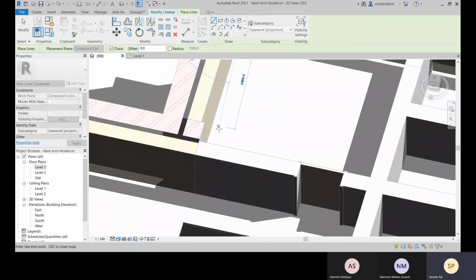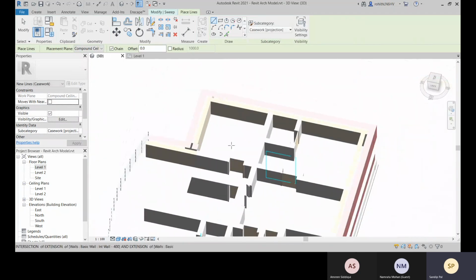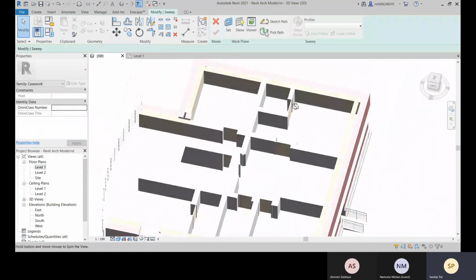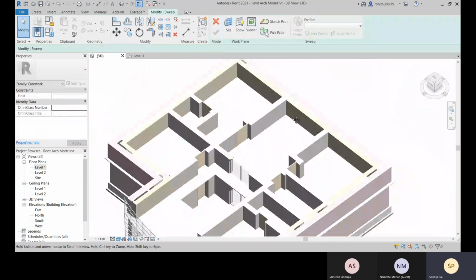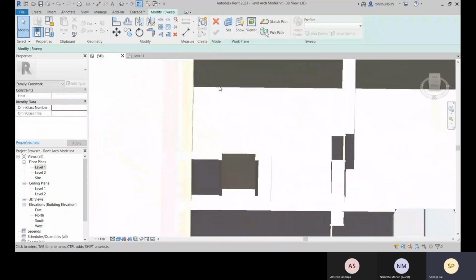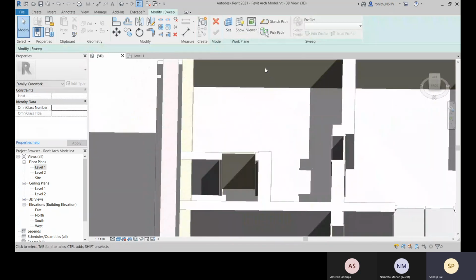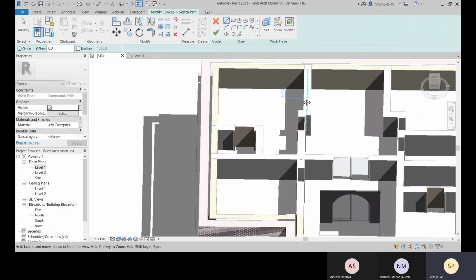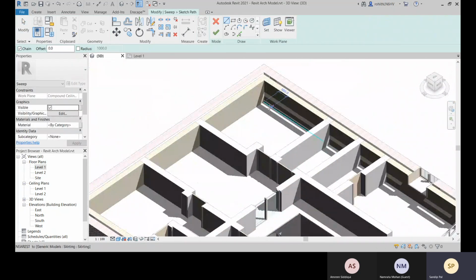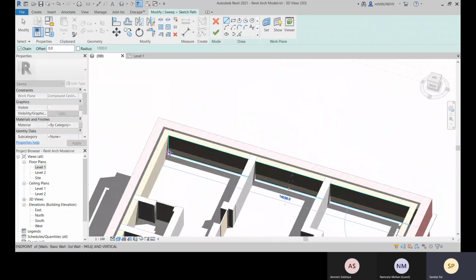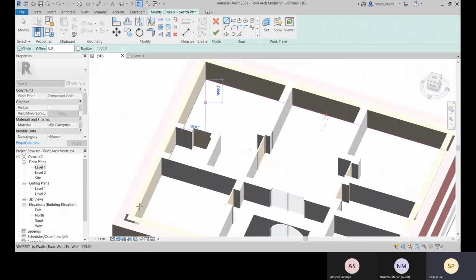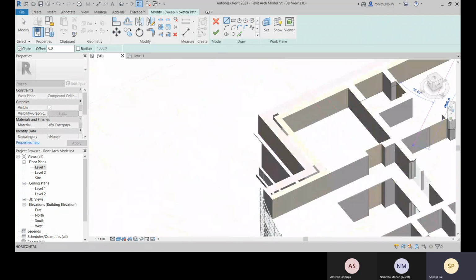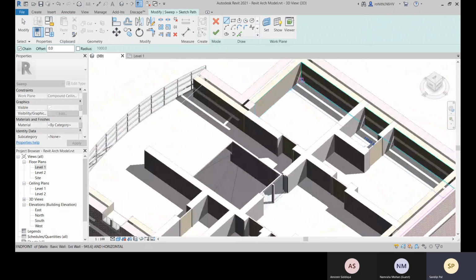Okay, so this is sketch part, and this point to this point and to this point.